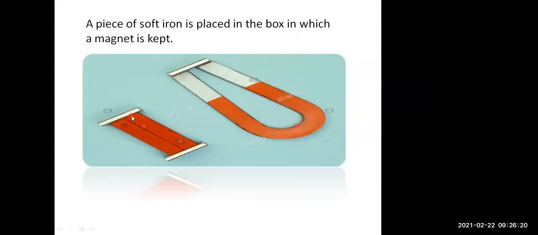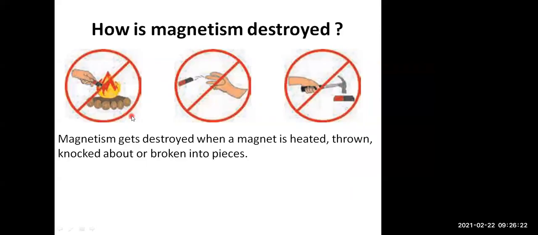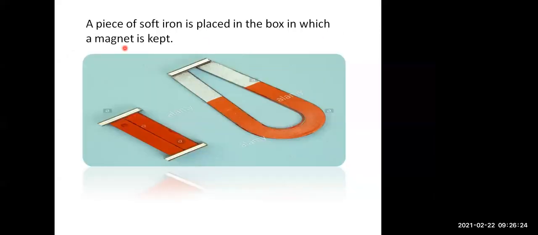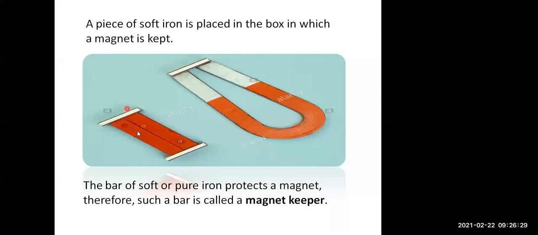So how can we protect the magnet from losing its property? What you can do is attach the bar magnet to a soft iron bar or a pure iron bar at the end of the magnets.